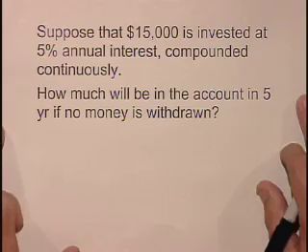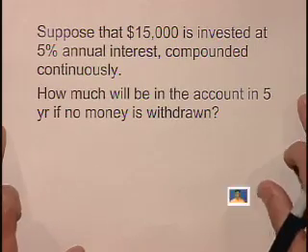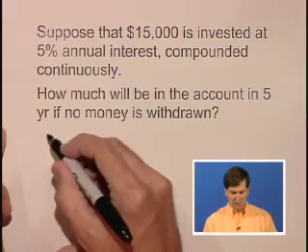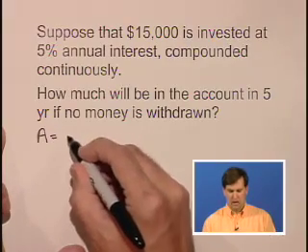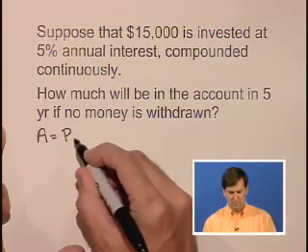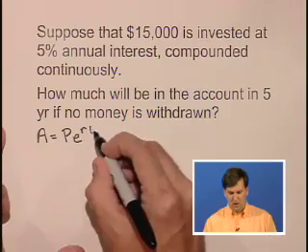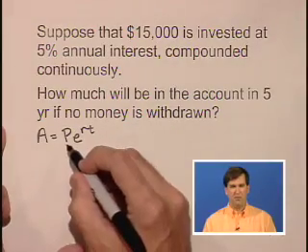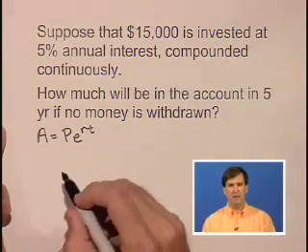Suppose that $15,000 is invested at 5% annual interest, compounded continuously. How much will be in the account in 5 years if no money is withdrawn? For continuous compound interest, we have the formula A. I always call it the A equals PERT formula, A = Pe^(rt), where P is the principal, r is the rate, and t is the amount of time